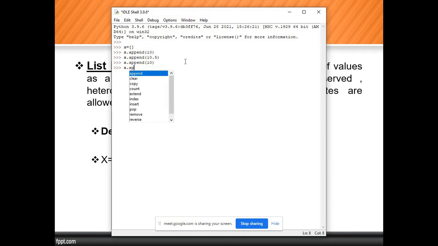In that section I will add some string values, TYCSC, like that stuff. After that x dot append, here I will add in round brackets single quote 2 plus 3j, like that. And after that I will add a boolean value, x dot append, in that I will pass the boolean value as false.